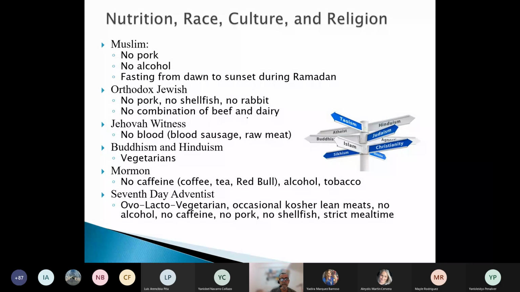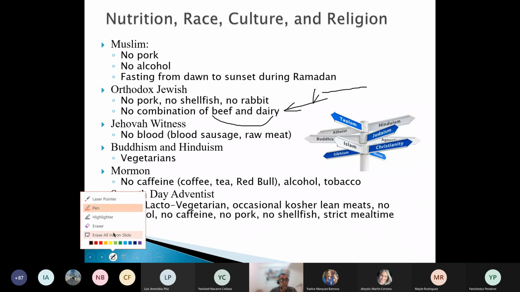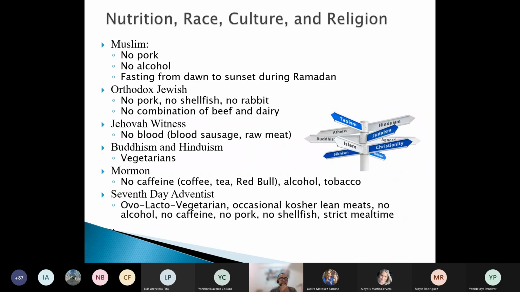They can eat beef and can consume milk and dairy, but they cannot combine them. They need to separate them by 3 hours, one from the other. So if they eat beef now and want a yogurt, they need to wait 3 hours. And certain meals, like for example, certain pasta that have meat and cheese, a lasagna, for example, is not allowed in this diet. A cheeseburger, that you know is a hamburger with cheese, is not in this diet, etc.